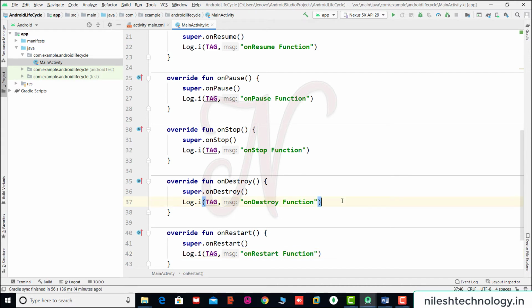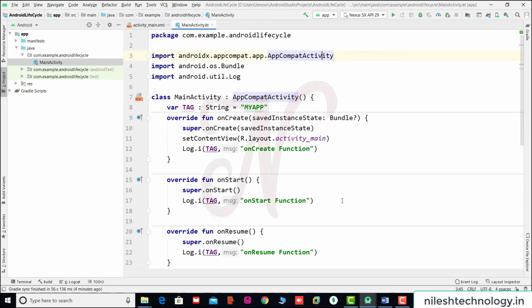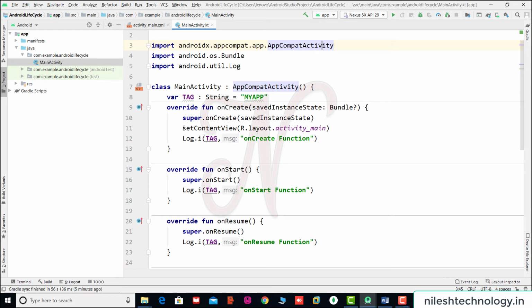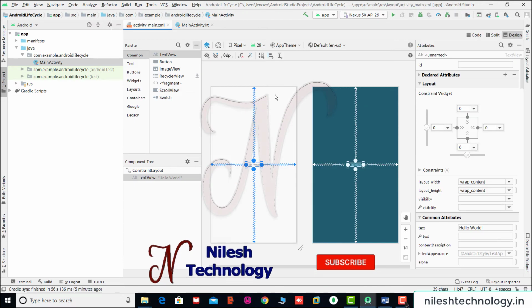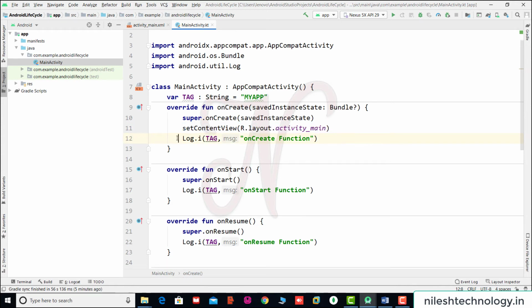So here we define all these lifecycle functions sequentially. Now we test this code. See here we call this activity_main.xml file, so your design layout here is only the Hello World message. Now we check all this output in the Logcat section, not the screen of your app.